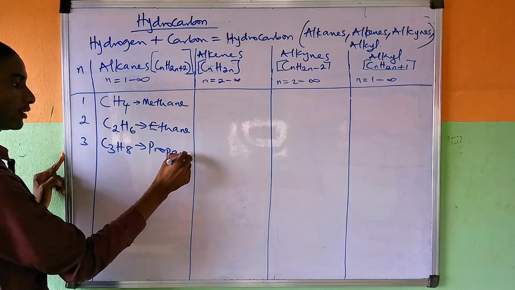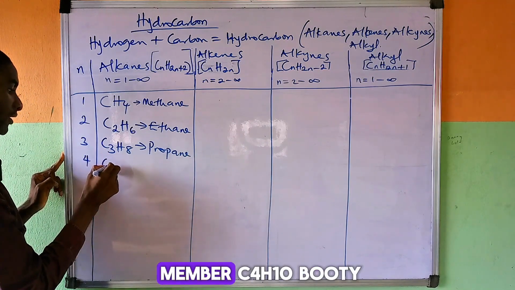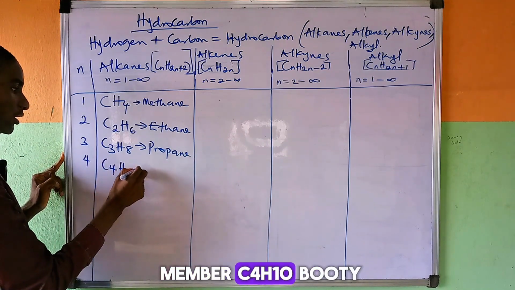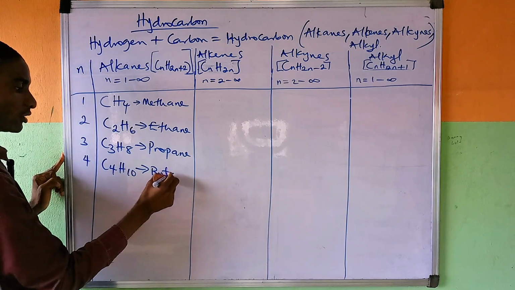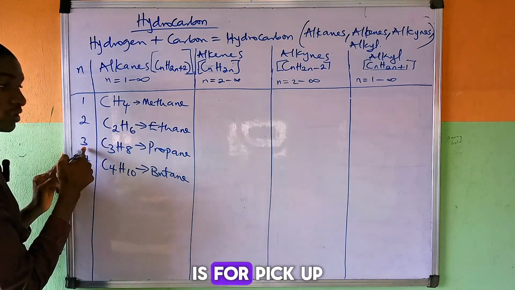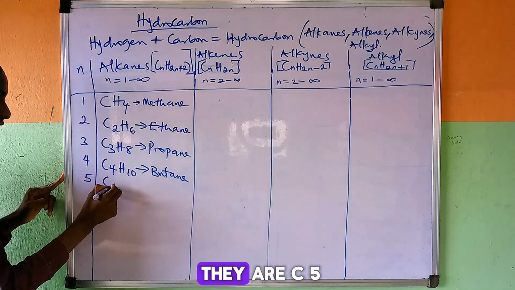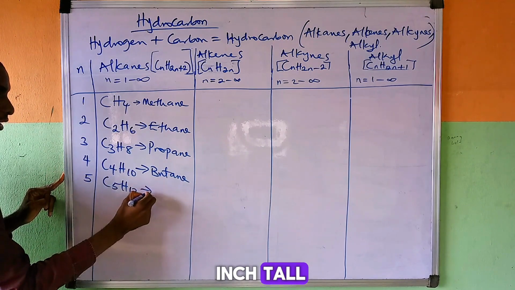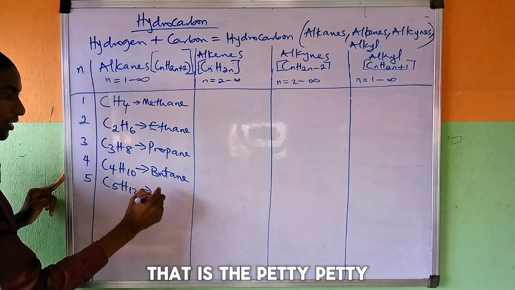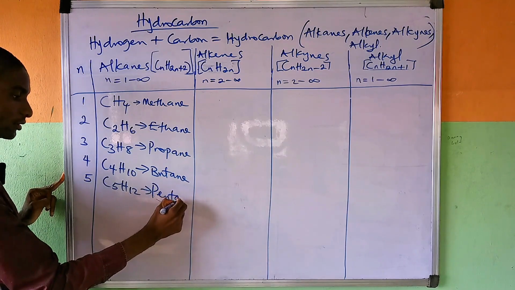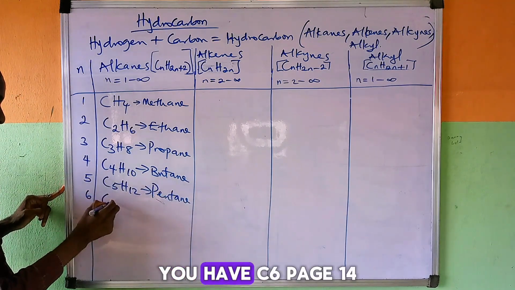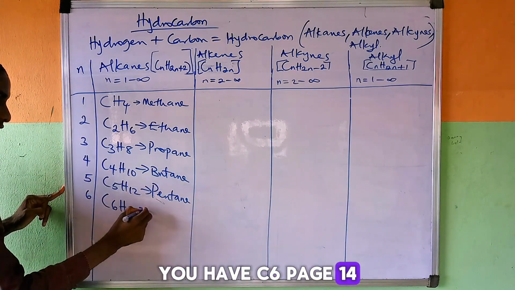Propane. You have the fourth member, C4H10, butane. Prop is for 3 carbons, but is for 4 carbons. Then you have C5H12, that is pentane. Pentane. You have C6H14,